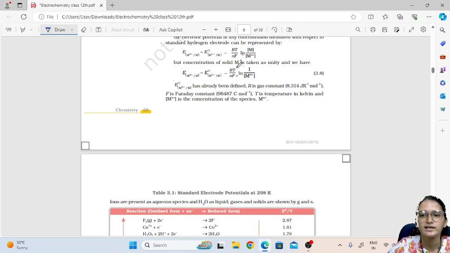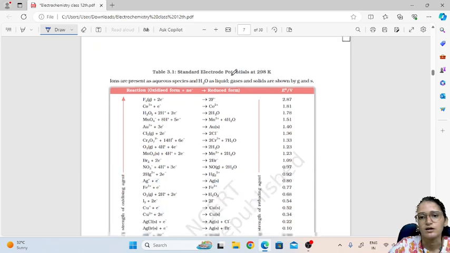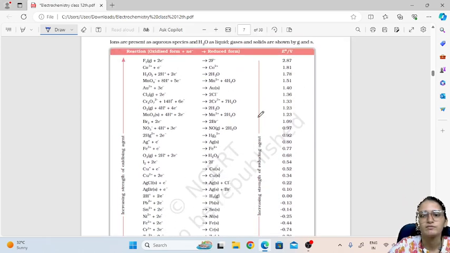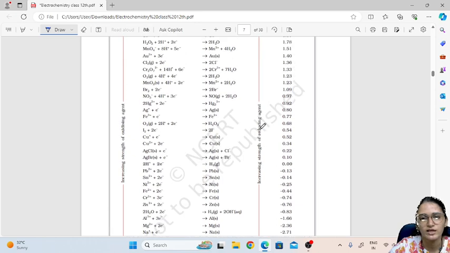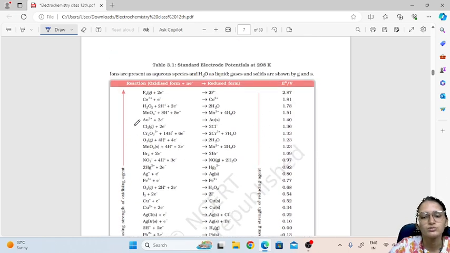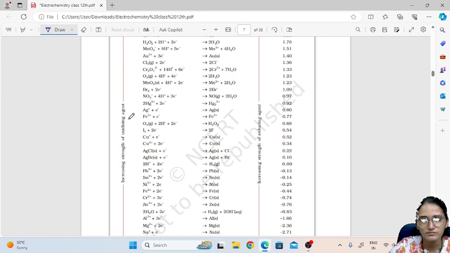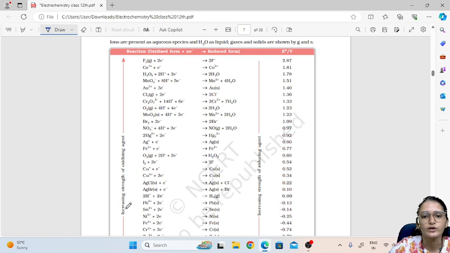R is a gas constant, T is temperature, F is Faraday's constant, and N is the number of moles, number of ions here. Okay, so using this table we understand the order of reducing and increasing strength. As you go down the group, you can see an increase in the strength of the reducing agent, and from down to top, the order of increasing strength of oxidizing agent. That means I can conclude that the strength of oxidizing agent decreases down the table, and strength of reducing agent